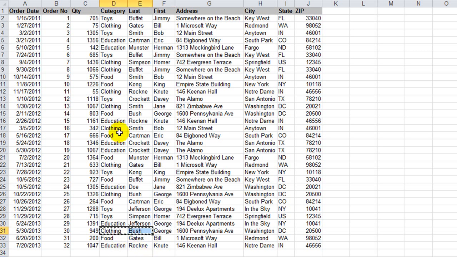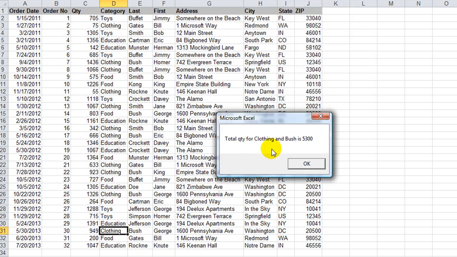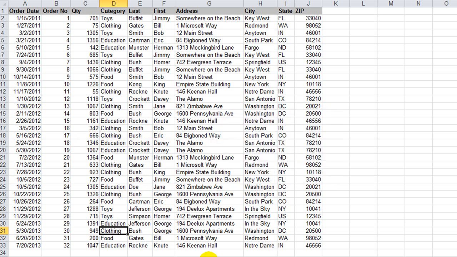Let's create a situation where, let's see, clothing and Bush. I'm just going to copy and paste that a few areas here, and we'll run it now. Clothing and Bush. I'm going to click on this one and hit Alt F8, and let's run that. Total quantity for clothing and Bush is 5,300. So it added this one, this one, this one,